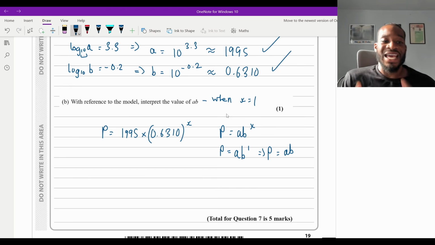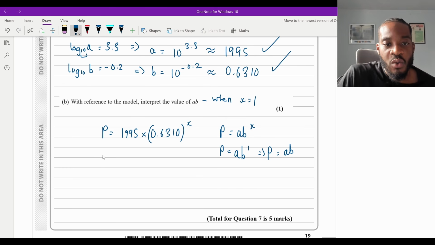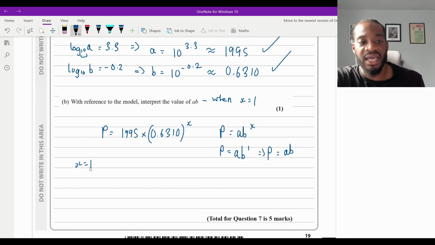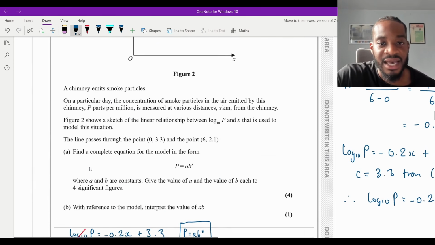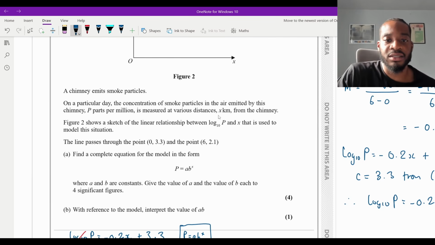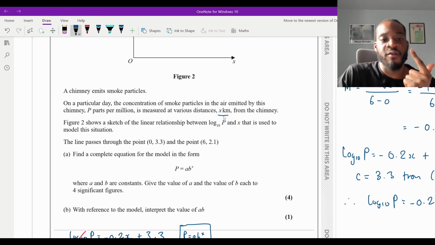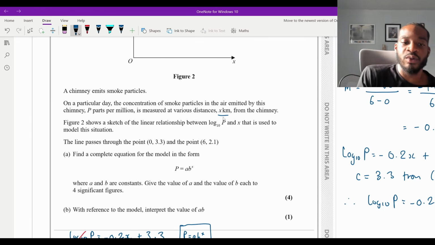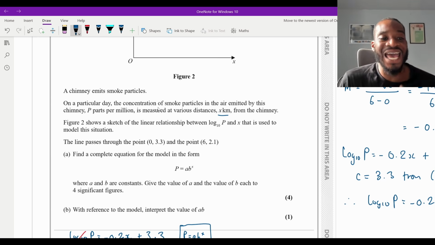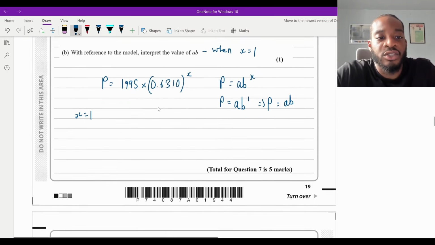We need to interpret it in context, okay? So what does that mean? Well, when x is equal to 1, what is x? What is P? x is defined as the distance from the chimney, x kilometers from the chimney. So x equals 1 is 1 kilometer from the chimney. What do you get when x equals 1? You get P, which is in parts per million, which is the concentration of smoke particles in the air emitted by the chimney. So what you're going to say then, to interpret the value of